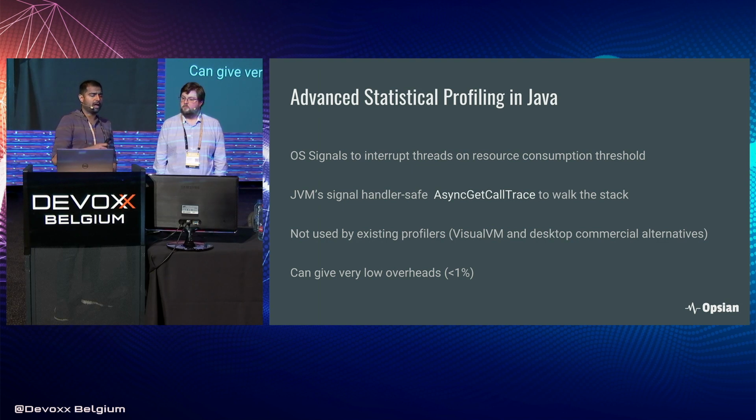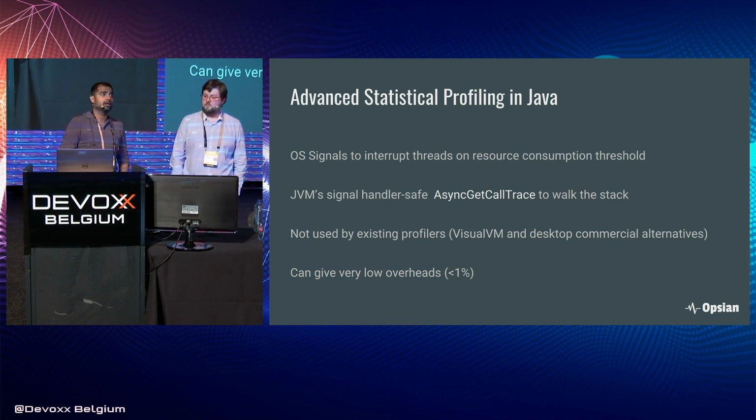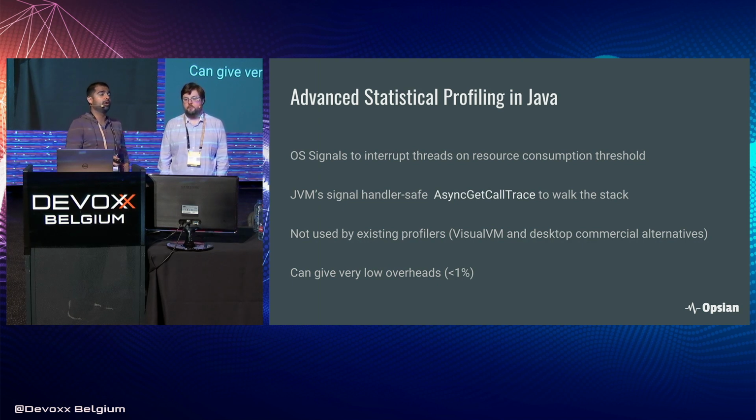It turns out actually that you can do this with the JVM. You can trigger an OS signal. You can then have a signal handler that runs in a particular thread. That thread can capture the current running stack of the JVM and then exit the signal handler, and the thread continues running. But crucially, there's no safe point. And only one of the threads actually ends up running the signal handler. And so you actually can do this with very, very low overhead. By choosing your sampling rate, there are no safe points that introduce jitter into the whole of your system. You can do it with very, very low overhead.